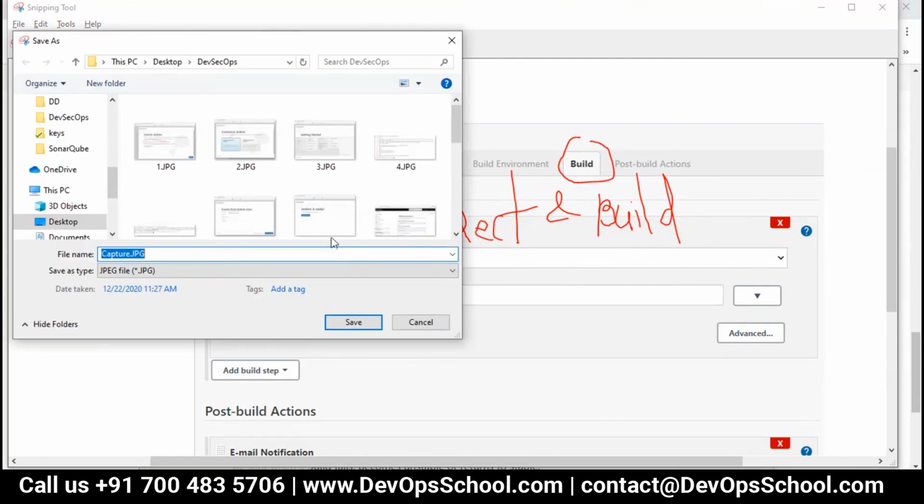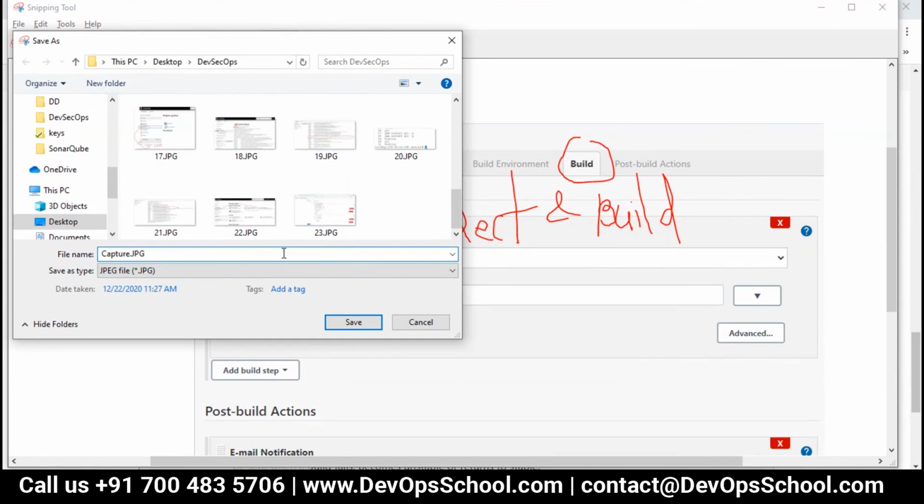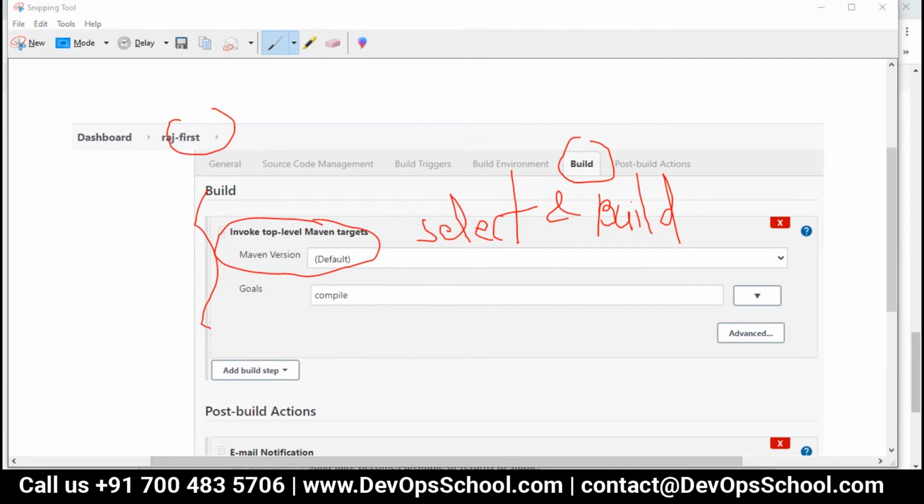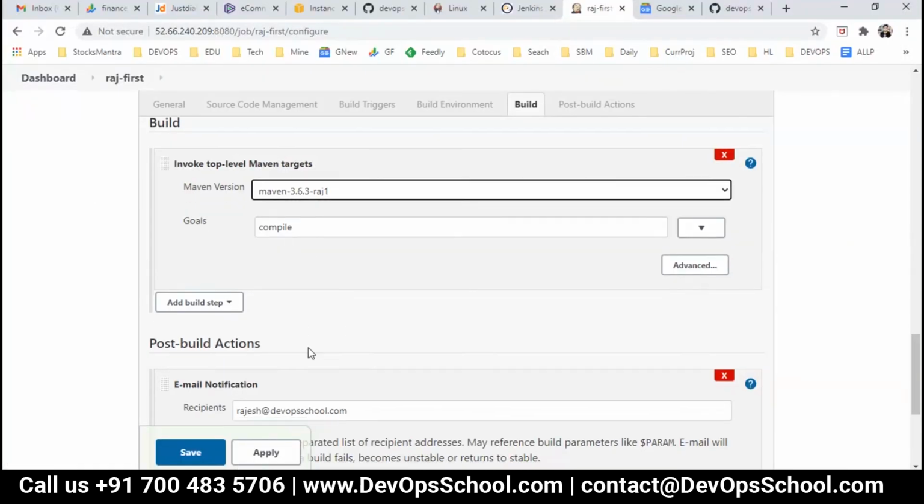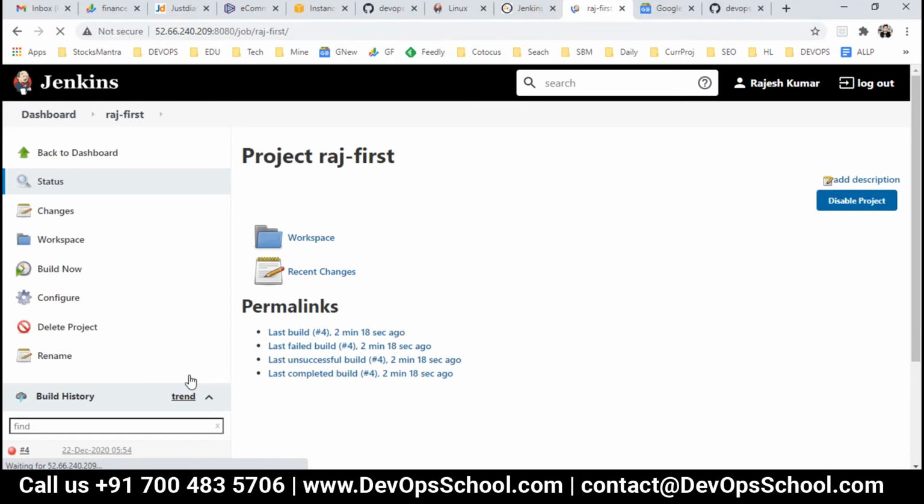So hopefully this is a screenshot also. So guys, I am doing this one. Saving. Done. And build now. And this is the last screen.